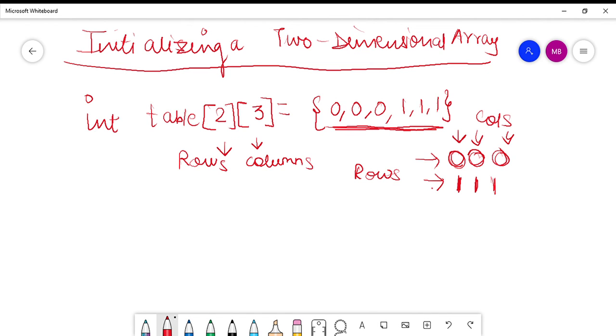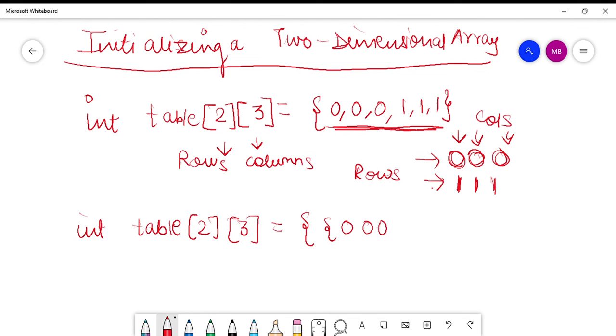One more method to do the same thing is that you can do the same initialization differently, like this, int table 2 and 3. Now this appears to be a little more organized and systematic. For the rows you use different sets of parentheses, and for the columns, for the first row you use a different set of parentheses, and for the second row you use a different set of parentheses.